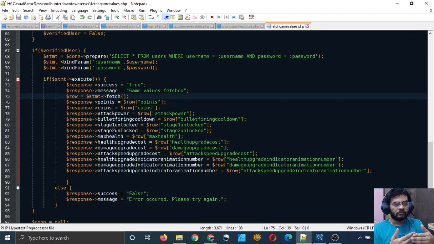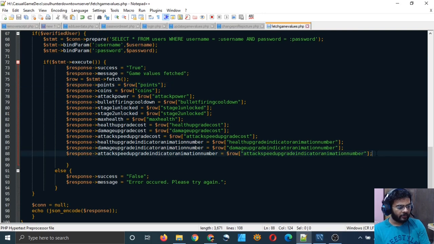It has received some columns, right? It can also receive different rows. You can write a statement in such a way that it receives multiple rows and all their columns, and in that case this will become a double dimensional array, this row array. But in this case this is just a single dimensional array, so we are able to access it just like that. Just type the points string and you can access the points column, right, which was accessed from the database. So I hope it works.